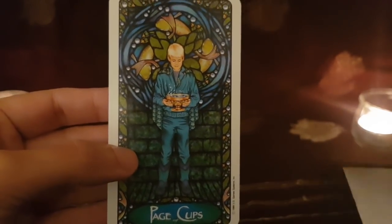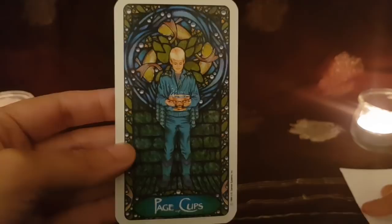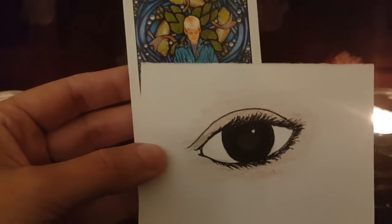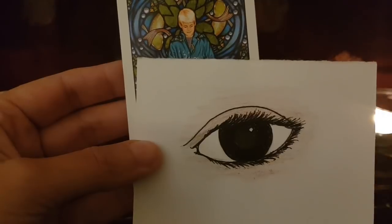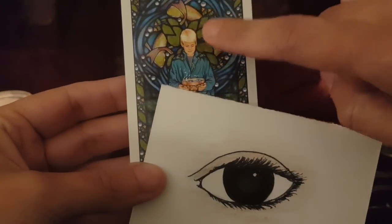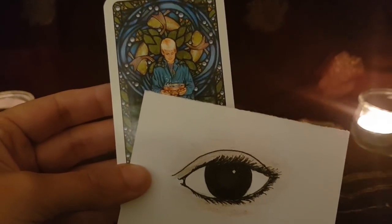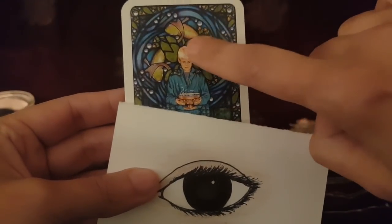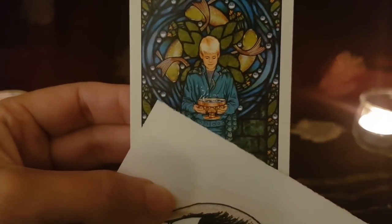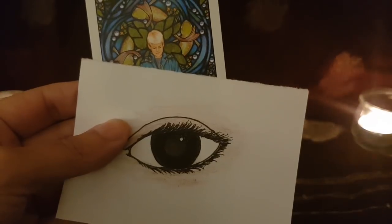Because I wanted to know the exact eye color of this person, I have the card here with the eye color. You ready? So I have very, very blonde, and then we have black eyes. Wow, that's very uncommon. Black eyes and blonde hair. Well, the hair can also be dyed. Do not forget, they can dye their hair blonde or any other color really, so it doesn't have to be the natural hair of the person. It looks bleached, so blonde it blinds you. And this person has black eyes, which are not that common,